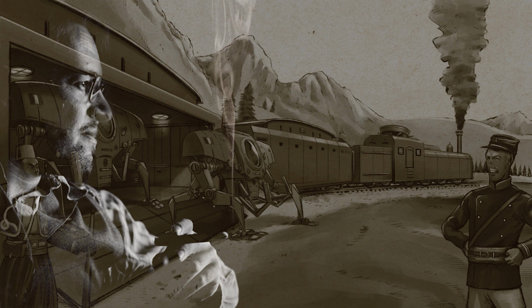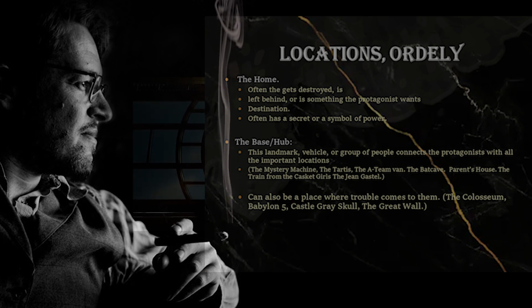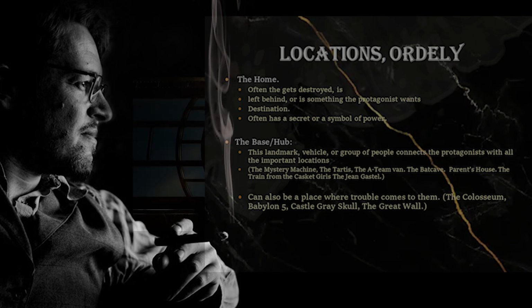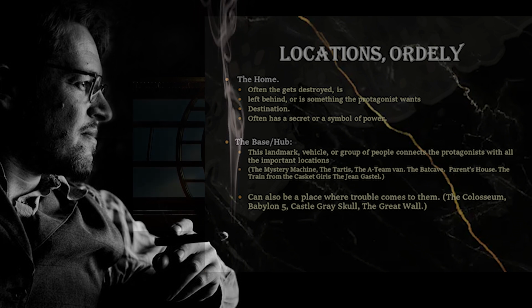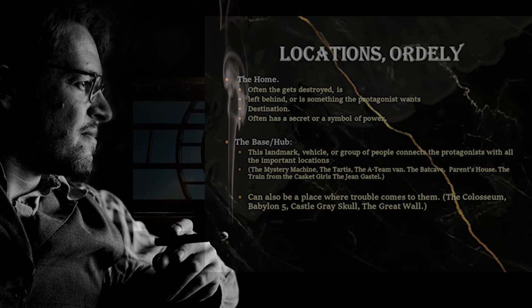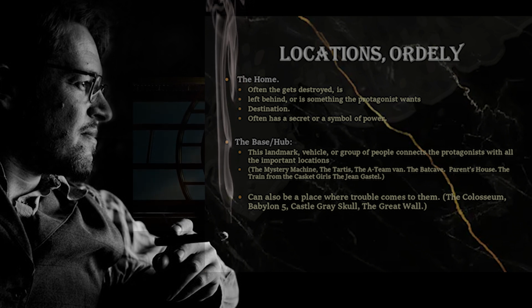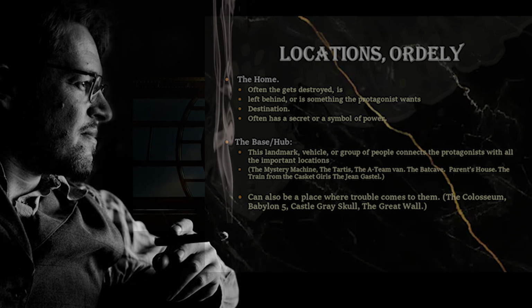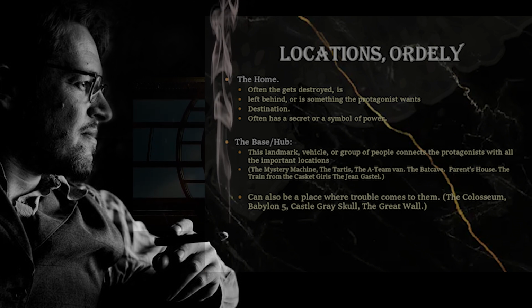Now, what's also interesting about the base, or the hub, we mentioned Castle Grayskull that often gets attacked by Skeletor. Trouble often comes to them instead. Not always. There's more to it, we're going to go over that, but when it comes to defensive structures, bases, the trouble comes to them instead of the other way around, which you would expect with the hero's journey. So I am quite honestly not sure if I should put it here, but more on that later.